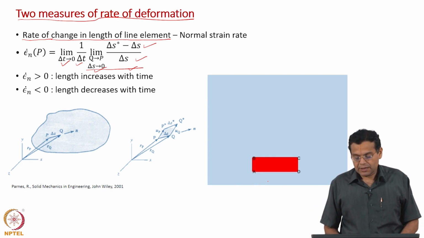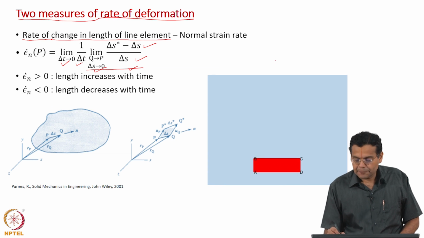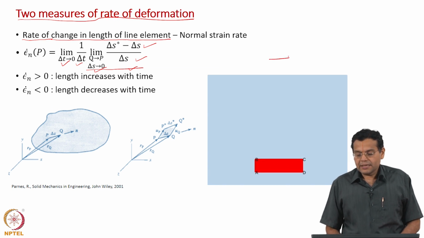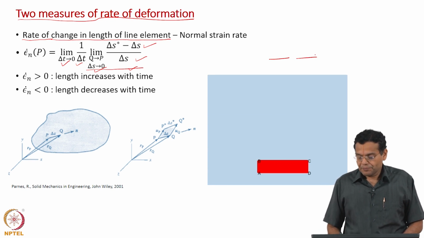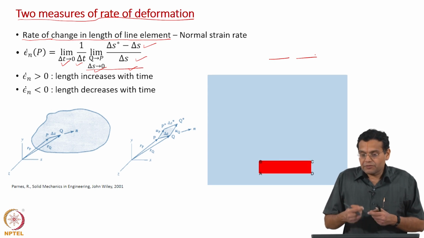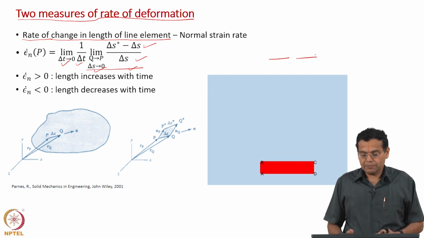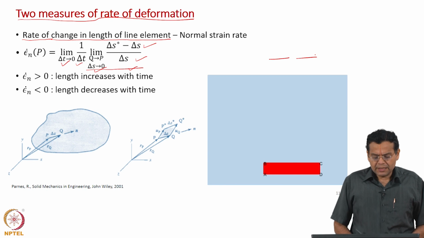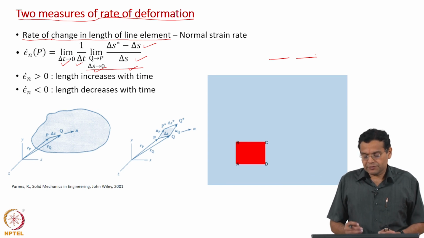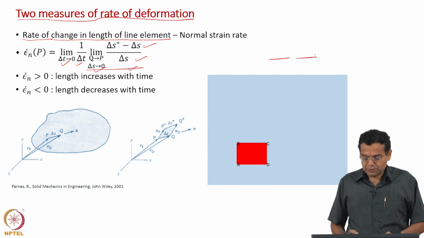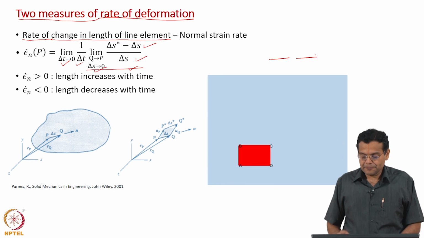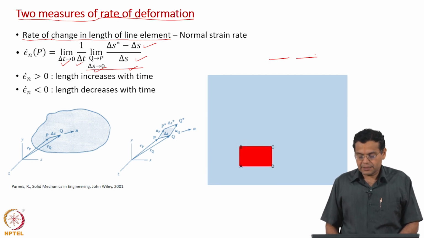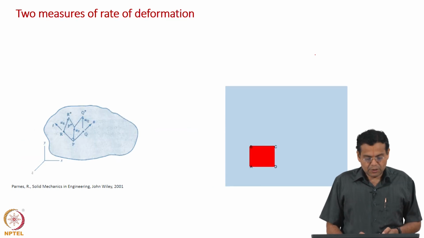Earlier when we were discussing solid mechanics, we were discussing a line element, initial length and then final length, but now we are interested in the rate of change of that length, of course normalized by the instantaneous length. Okay. So, same significance, but now it is with respect to time. And that is what you see here. The length of line segment AD keeps increasing, the length of line segment AB keeps decreasing. Okay. So, now let us